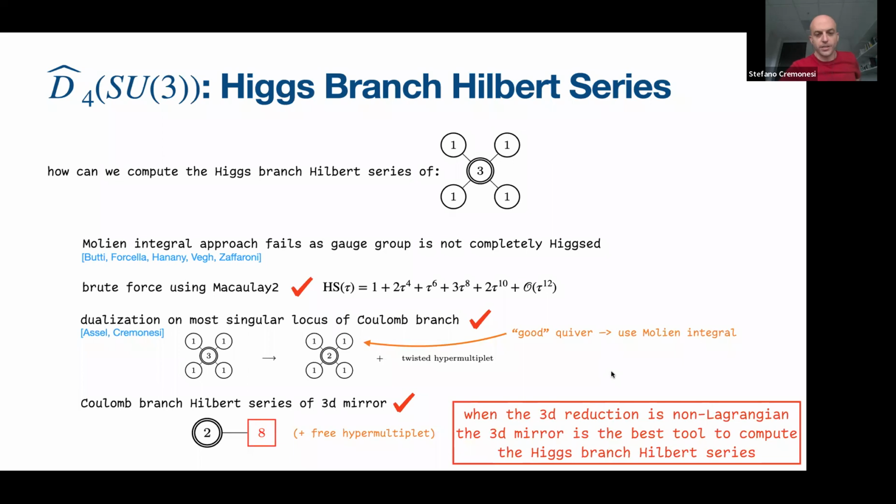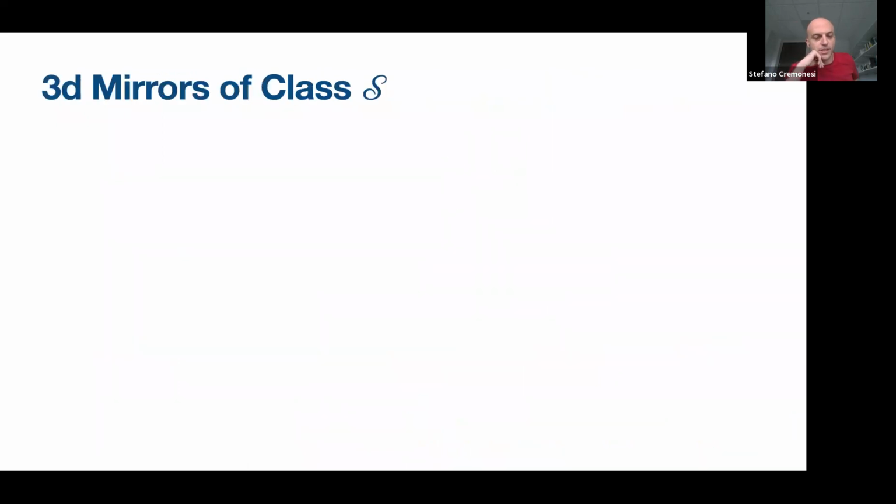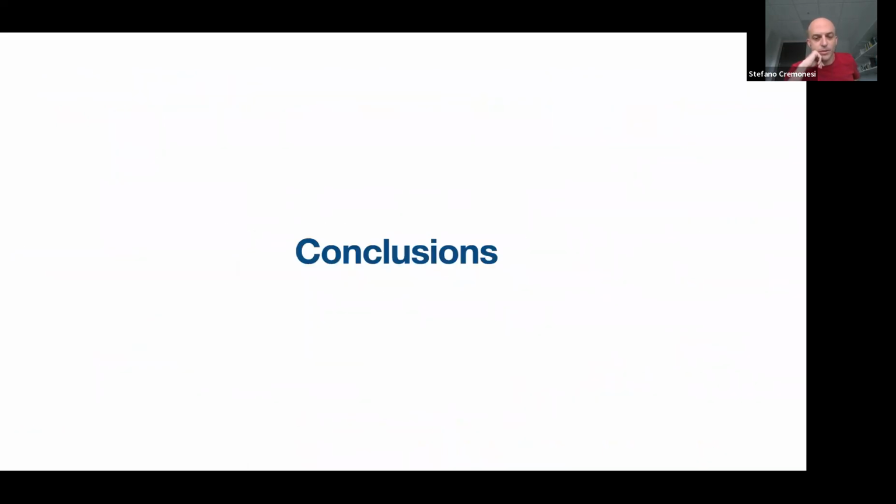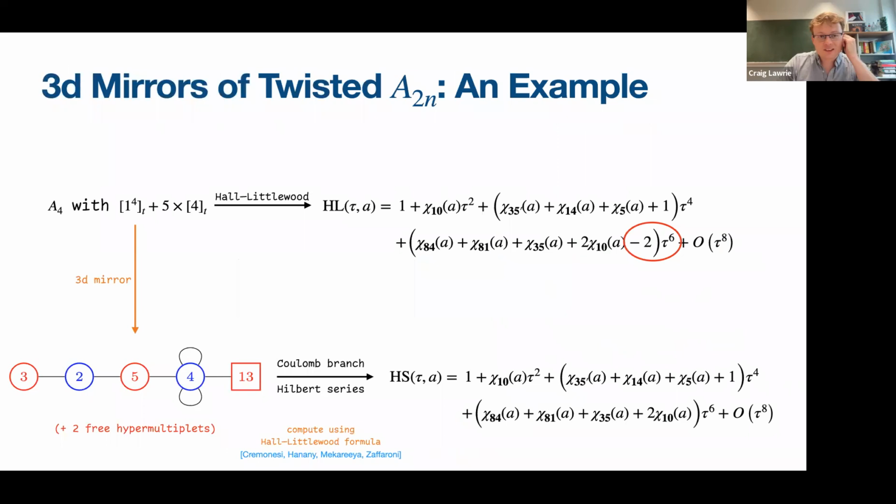Can I ask another question? If you go to the last slide before the conclusion, where you show the mismatch between Hall-Littlewood. This one here? Yeah. For this class of theories, here I'm showing my ignorance. Is there a Hall-Littlewood formula for the Hall-Littlewood index, similar in structure to the one that we have in 3 dimensions?